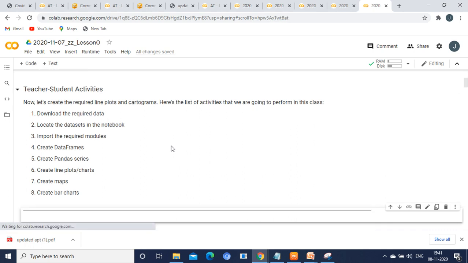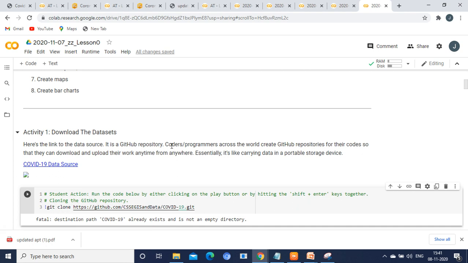After previewing the session, you can go to activity number 1. Activity number 1 is to download the data sets. The data sets can be acquired through this link, but don't ask the interviewer to click on this link, because whatever we are going to do in this class, we are just going to see the trailer. In a trailer, there is just the introduction part. After that only, a movie will elaborate on all the things. Like that, in this session, we are just going to see the explanation of the existing one. Right? So for drawing the graph, we need a data source.